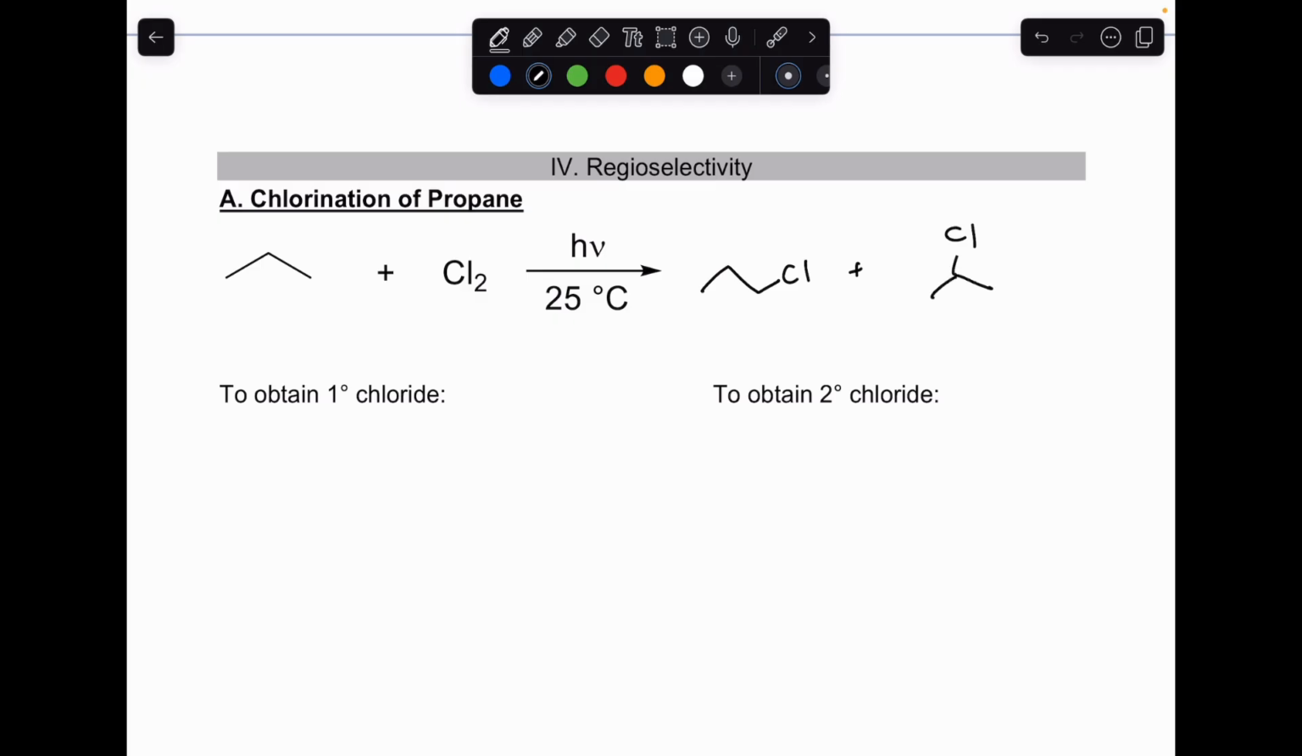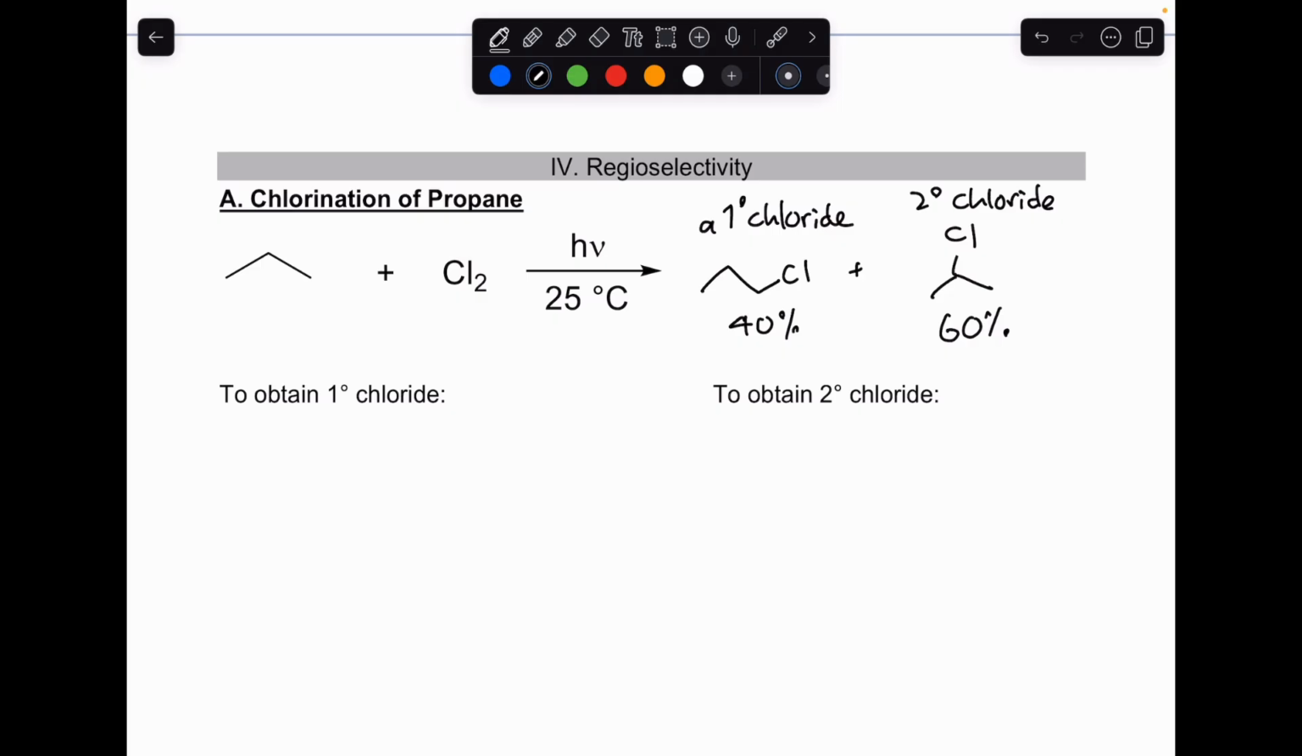This is a primary chloride, whereas over here we have a secondary chloride. The difference is that the carbon that's bearing the chlorine is primary here, meaning it's only attached to one carbon. The carbon that's attached to chlorine here in the secondary chloride is secondary because it's attached to two other carbons. Okay. Now the regioselectivity is the following. About 40% of the products is going to be a primary chloride, whereas 60% is secondary